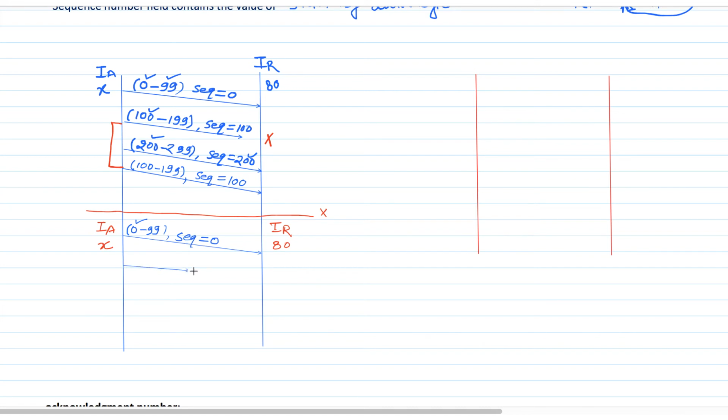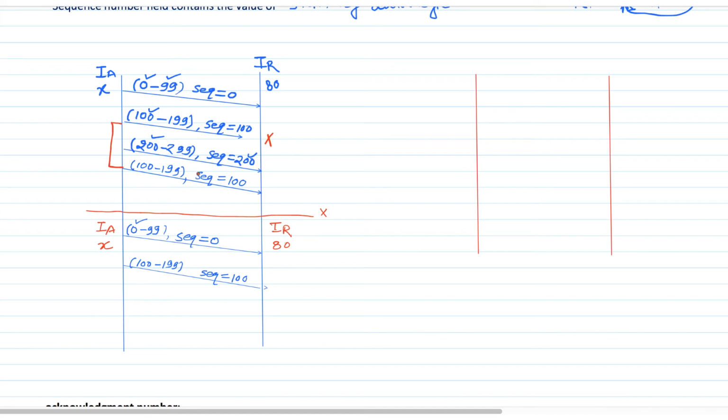For the next 100 bytes, from 100 to 199, it will use the sequence number of the first data byte, that is 100.